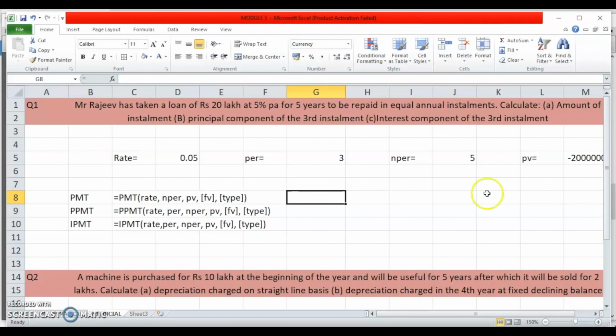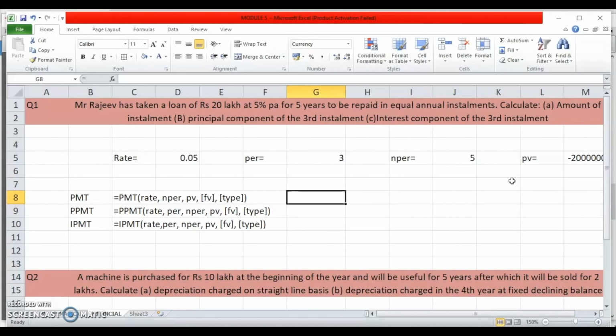You will notice that I've taken the PV to be negative because in case of financial functions, by convention, any inflow is positive, outflow is negative. Since the amount of installment that you pay is outflow, PMT gives you a negative answer. To avoid getting a negative answer and to avoid that confusion, we take a negative PV so that our answer is positive and we feel that yes, the answer is correct.